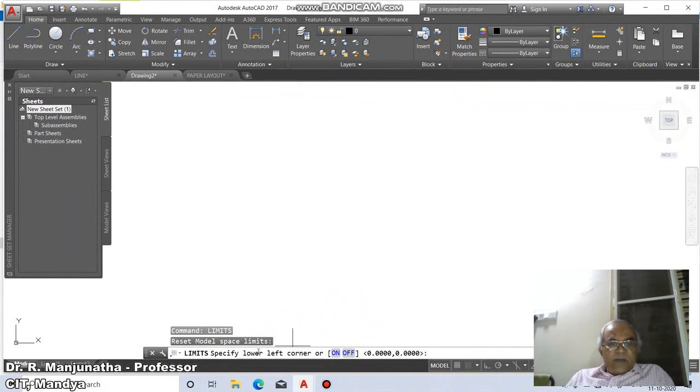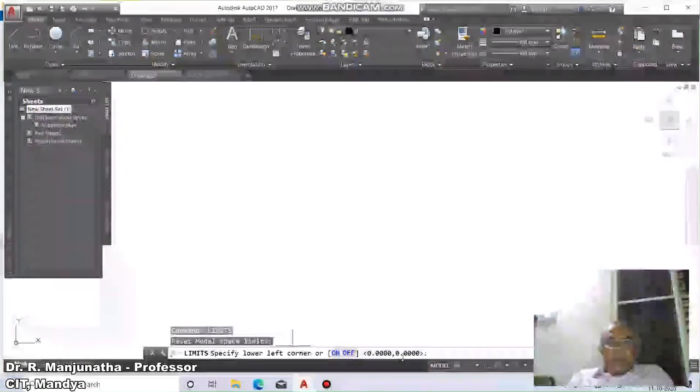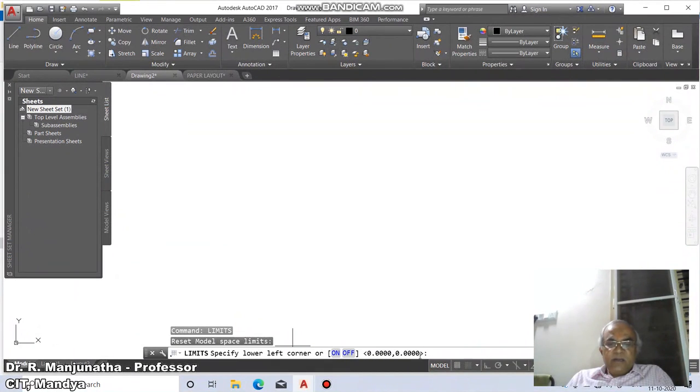When it says specify lower left corner or on or off, you can see the less than and greater than symbols. Whatever value is given inside the greater than and less than symbols is what is called the default. They will assume it. On and off are in square brackets, while specify lower left corner is outside the square brackets, so that is the default.